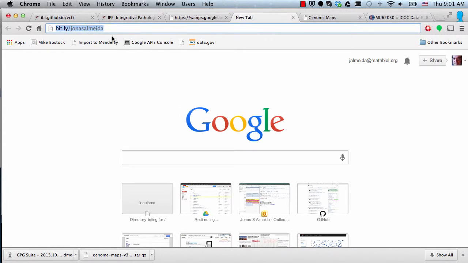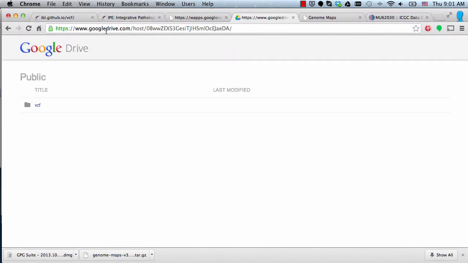One last one, and this is more of a curiosity really: if instead of Dropbox you like Google Drive, same thing, same tool,